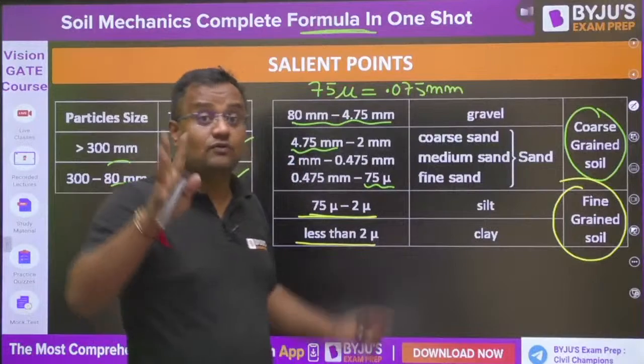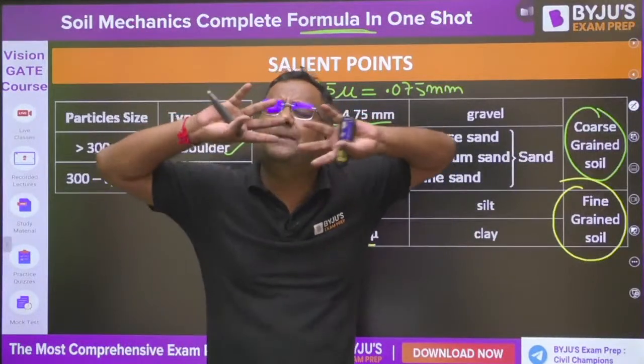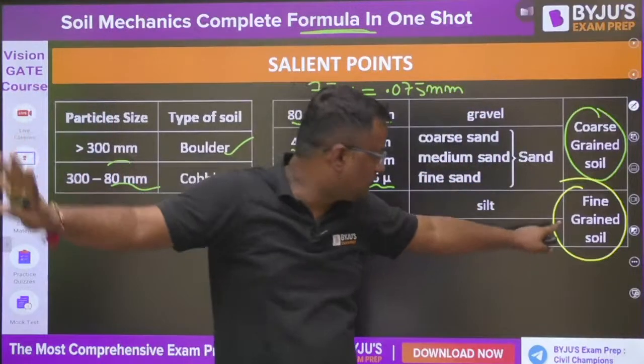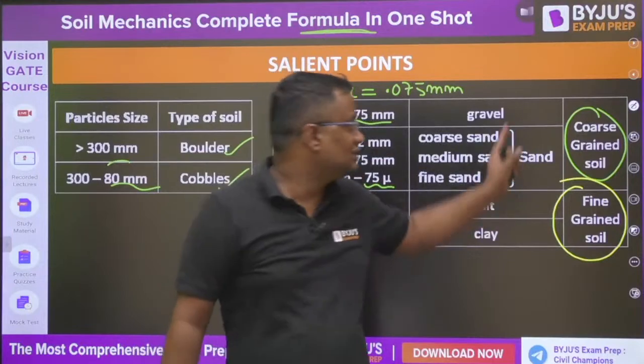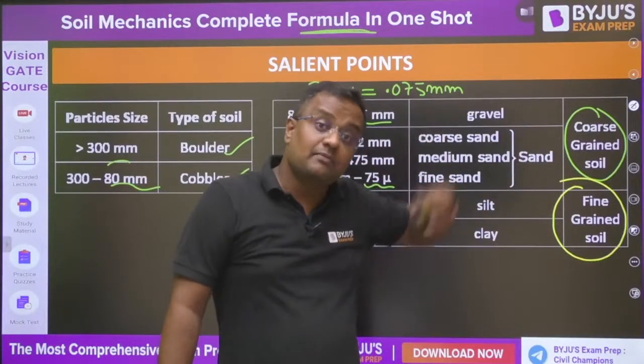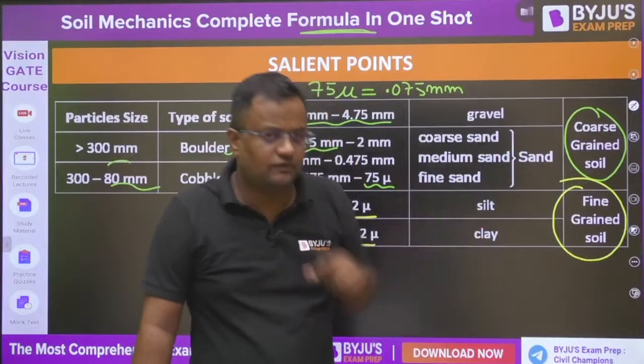Yes, if we consider void ratio, then fine grain soil has a bigger void ratio, because there are small voids, but there are a number of voids such that volume of void becomes more here. But if we talk about one particular void, that is more in coarse grain soil. Permeability is more in coarse grain soil. All those values I will be telling you as we go further.